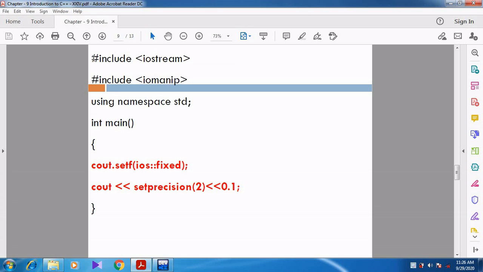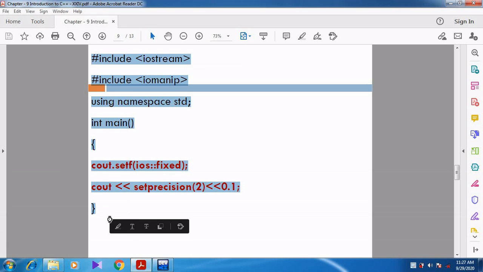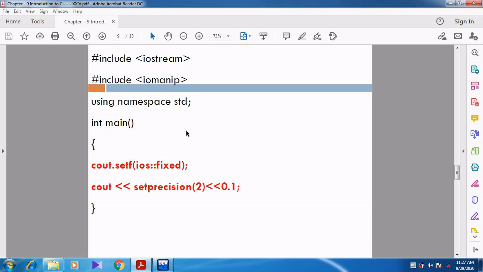The program has to include iostream, include iomanip, using namespace std, then int main. After the int main function, they have used the setf manipulator with the fixed form. cout dot setf ios double colon fixed.